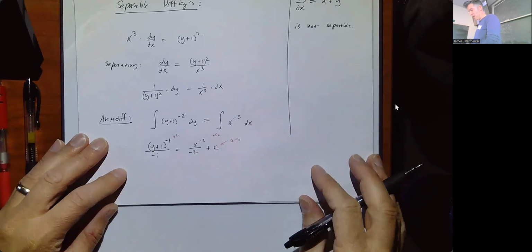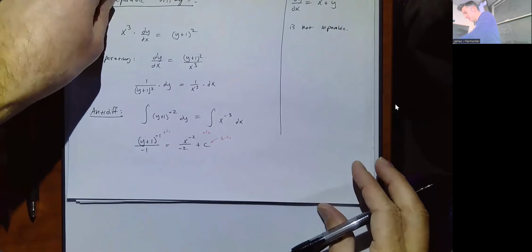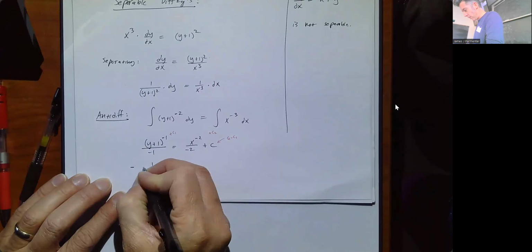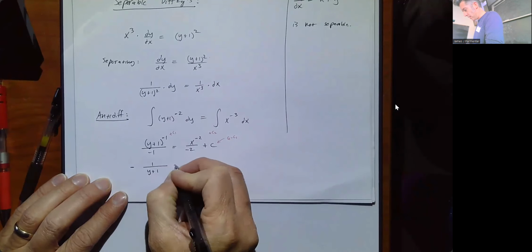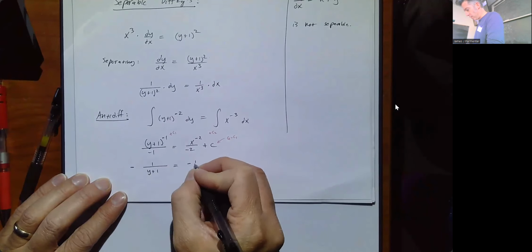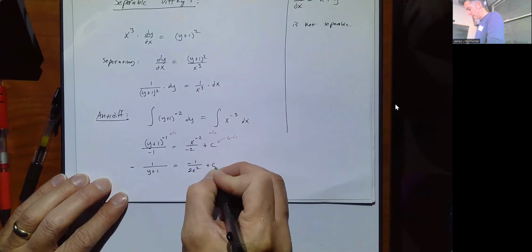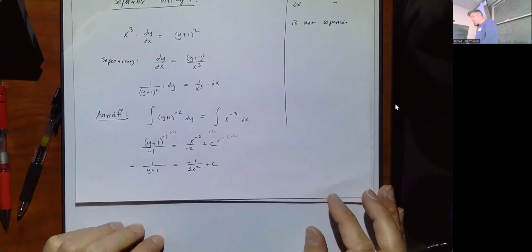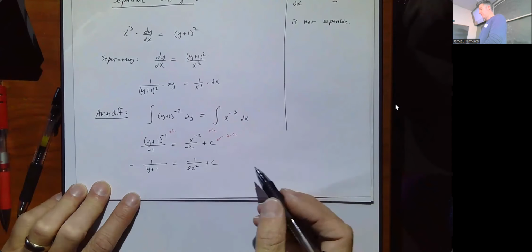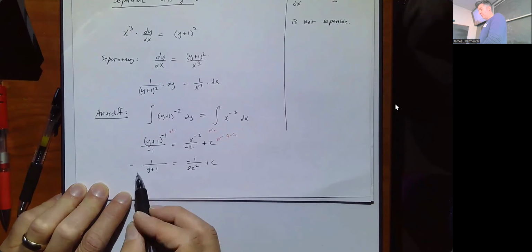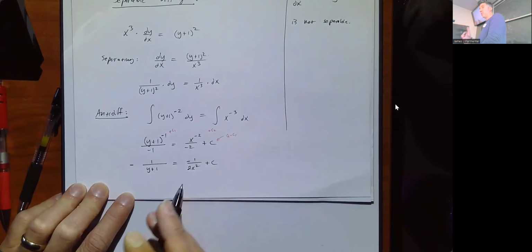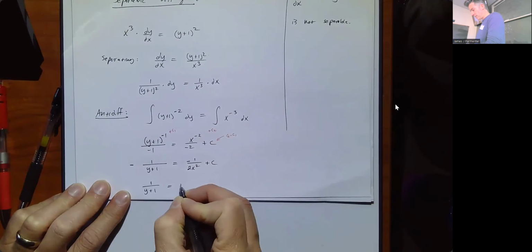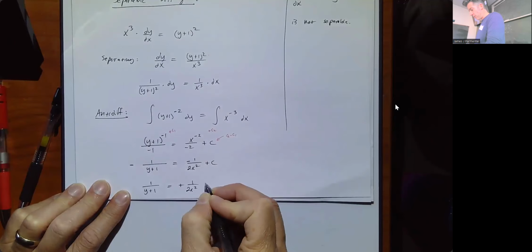So let's see what we've got here. Simplifying this a bit so it looks less terrible, I've got negative 1 over y plus 1 equal to negative 1 over 2x squared plus c. And I would like to solve for y. Okay, so let's do this. It's actually not that bad, but I want to point out a couple things that happen often. So I'm going to solve for y. I'm first going to multiply both sides by negative 1. Watch. I get 1 over y plus 1 equal to positive 1 over 2x squared plus a new constant